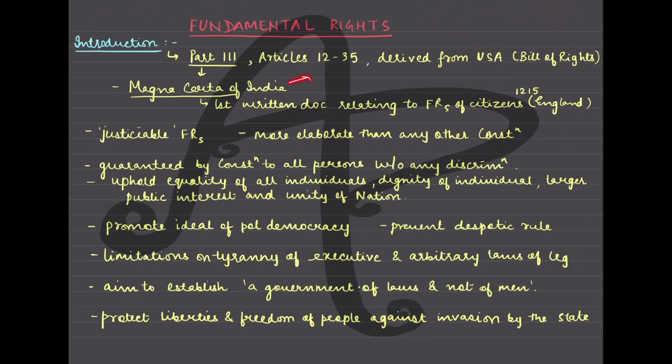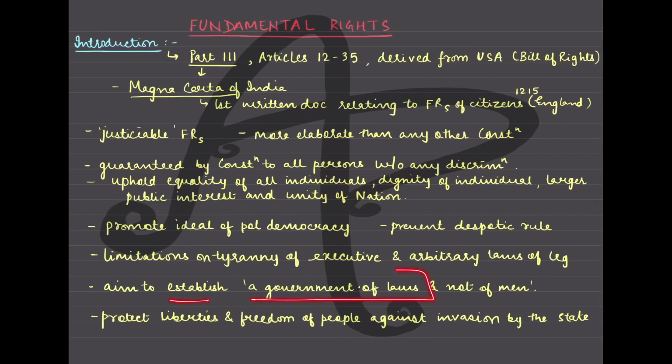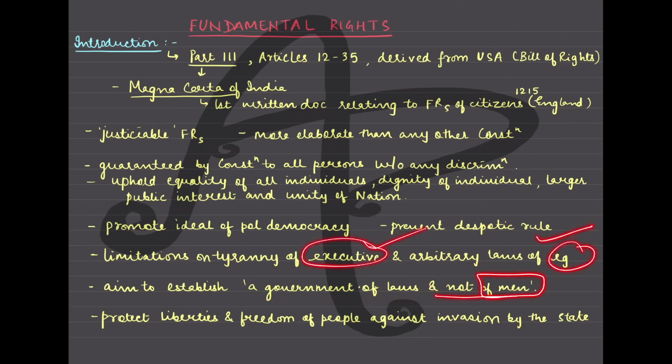जबकि यूके के केस में क्या हो रहा था, only executive से prevention was given, not from the legislature, and therefore we borrowed it from US. So here in India के केस में भी executive and legislature दोनों से हमको बचाव, दोनों के मतलब गलत एक्शन से हमको अगर कभी वह करें तो बचाव मिलता है. The fundamental rights also aim to establish a government of laws and not of men. Because if the executive and legislature would have been dominant, then we would have had the government of men.